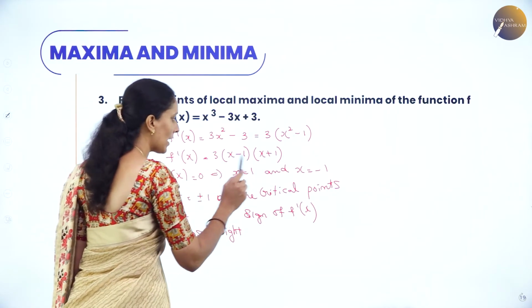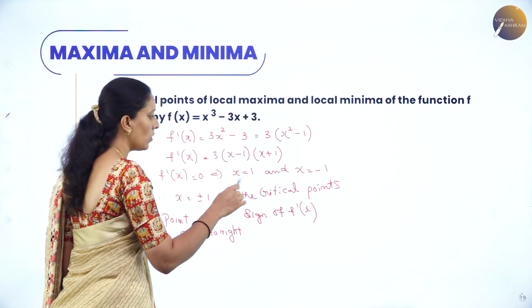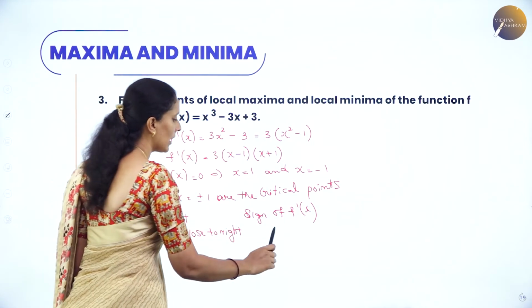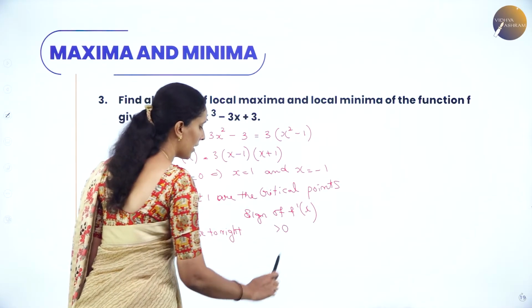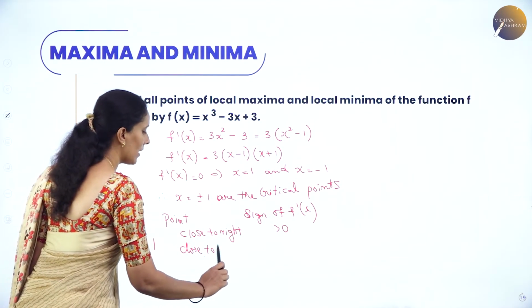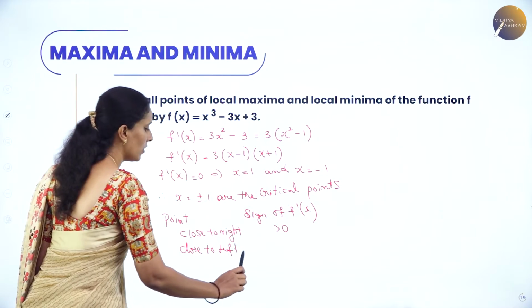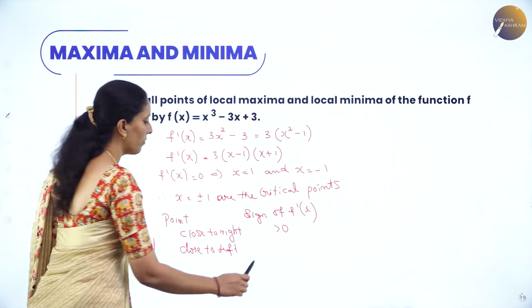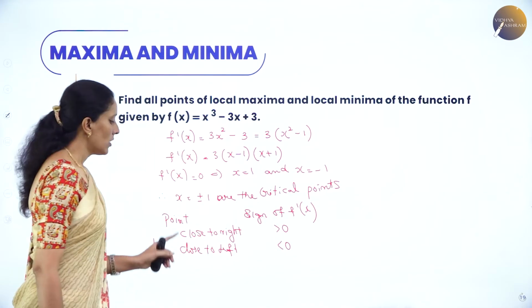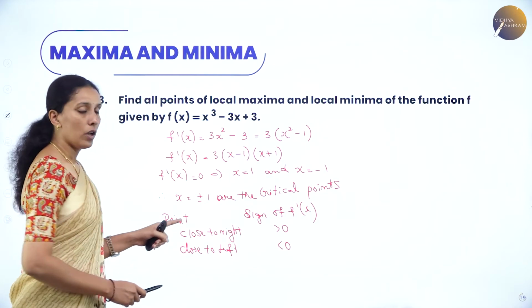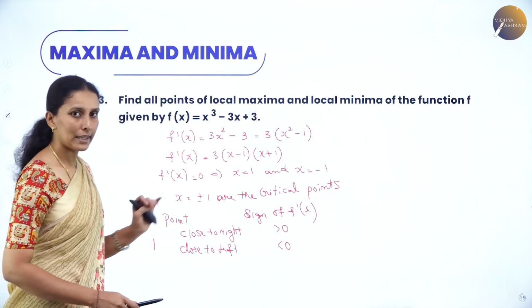If you take a point close to 1 that is greater than 1, then clearly f dash of x is greater than 0. If you take close to the left, like 0.9999, the value will obviously be less than 0. So according to this, if you take the point 1, close to the right it is greater than 0,